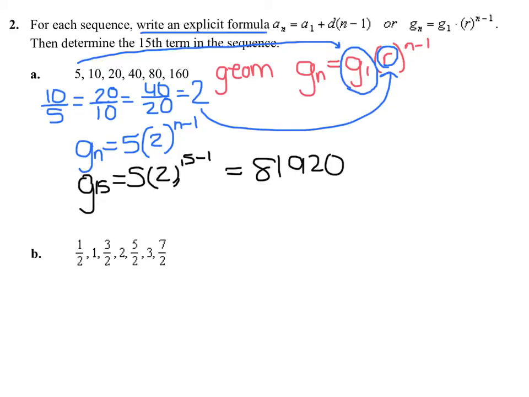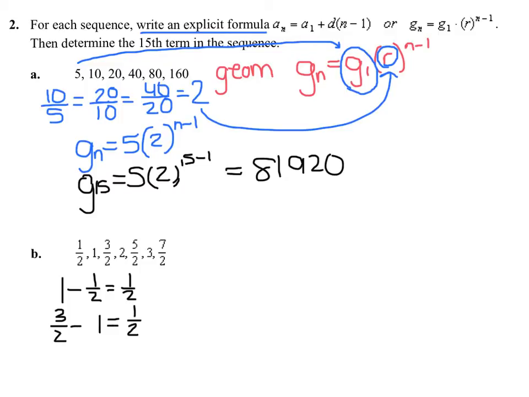All right, now let's look at this sequence. We've got 1/2, 1, 3 halves, 2, 5 halves, 3, and then 7 halves. All right, so it definitely isn't geometric because it's increasing very slowly. And I don't know if you can see it or not, but it's really only increasing by 1/2. But how can you figure that out? In your calculators, do 1 minus 1/2, and that would give us 1/2. And then if we did 3 halves minus 1,